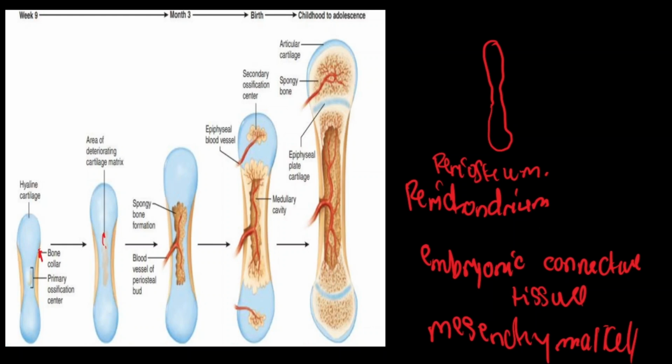First, what we had is that we had mesenchymal cells, okay, which are the embryonic connective tissue cells. We had them specializing, differentiating into osteoblasts. Okay, so we had this osteoblast secreting a bony matrix and forming a bone collar at the diaphysis of this cartilaginous model. Okay, in the next step, we had the calcification of the chondrocytes at the center of the bone model. And now it's good for us to take note of the fact that we earlier stated that cartilages are not